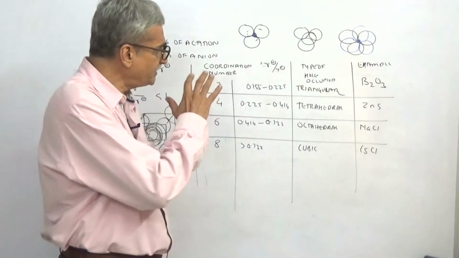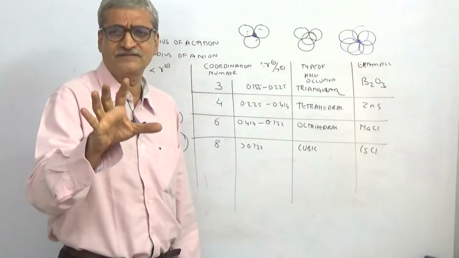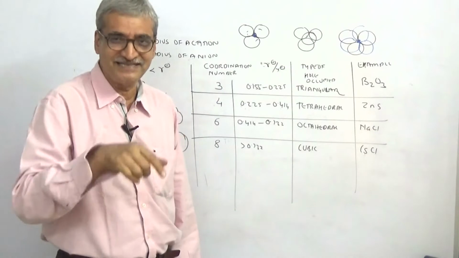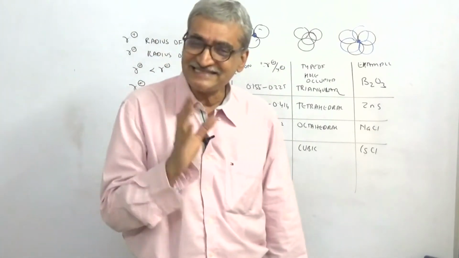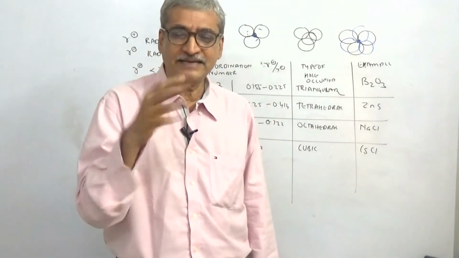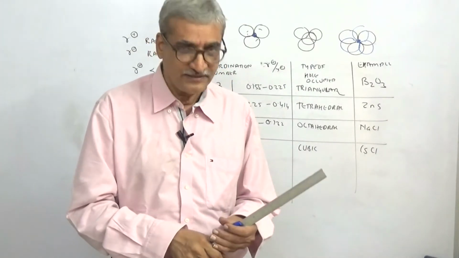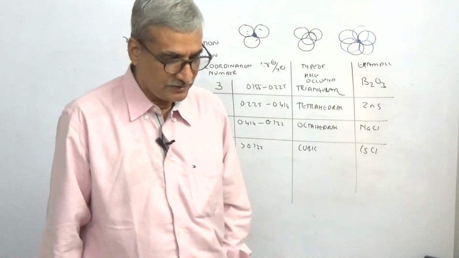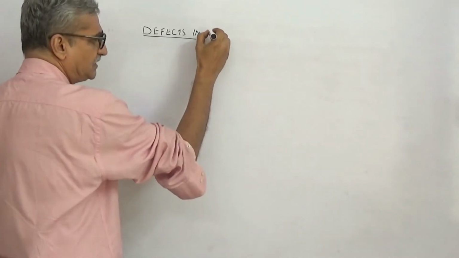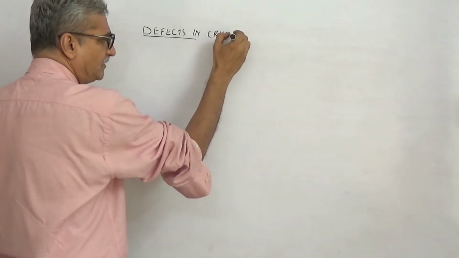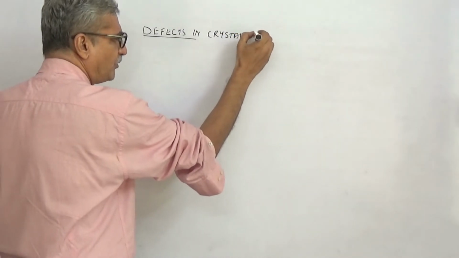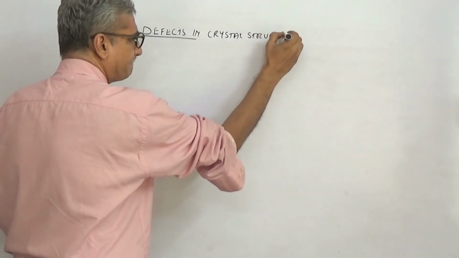So with this I have finished 90% of the chapter. Next time I am talking about defects, magnetic effect, lecture, chapter finished, and we'll start with numericals next time. Okay, so that's all for the crystal structure. Very, very important topic, many questions are asked on this.